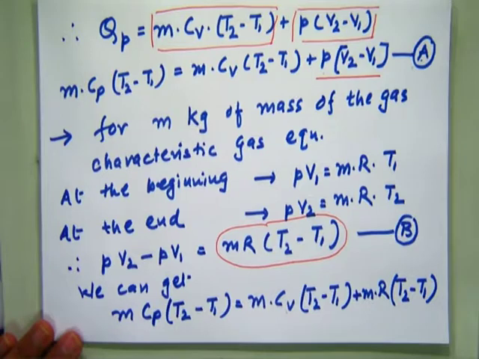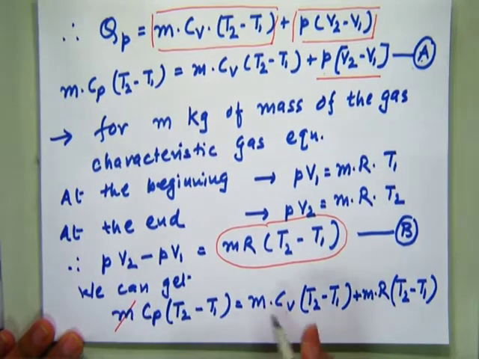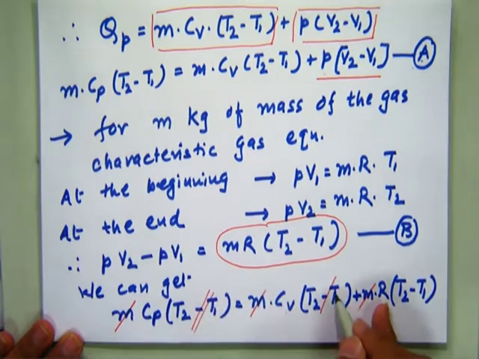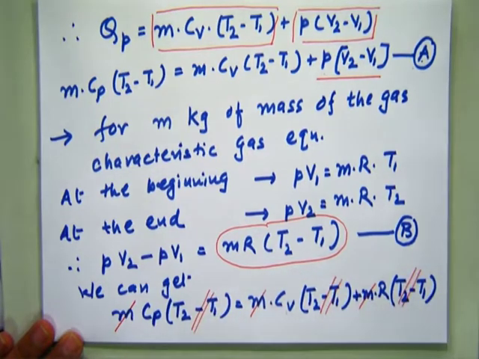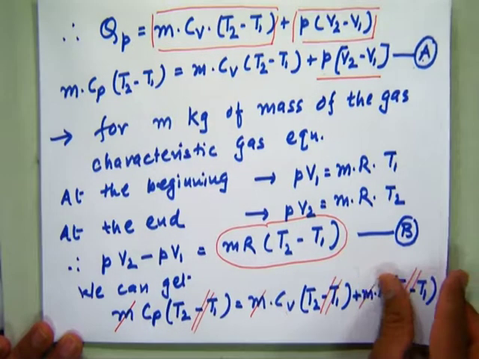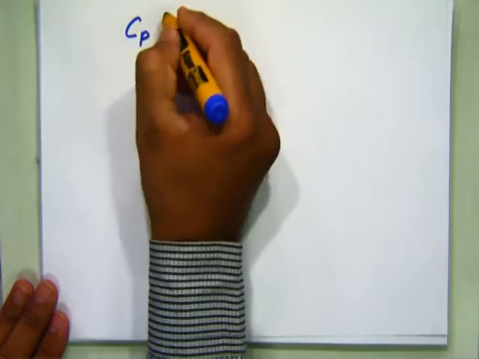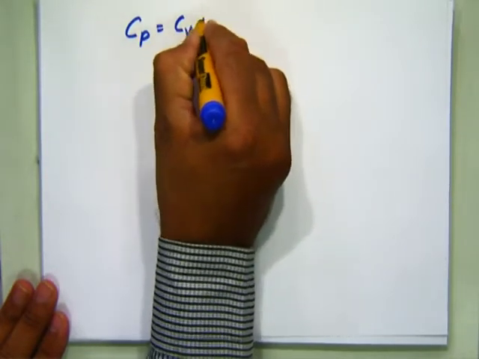If you remove the common terms, M and T2 minus T1, what is left? On the left-hand side Cp, on the right-hand side Cv plus R. So you can write that Cp is equal to Cv plus R,